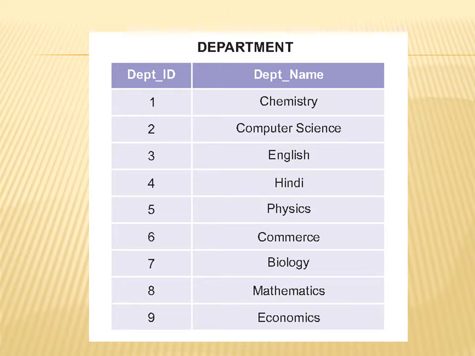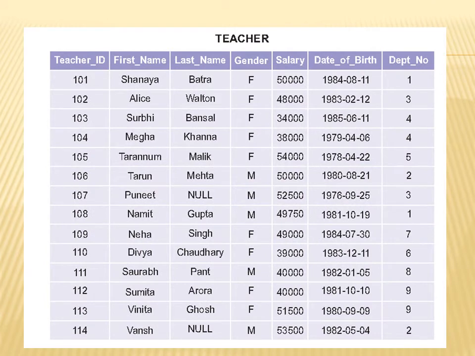I have inserted some values into the department table that consisted of two attributes, department ID and department name. Also the second table is the teacher table. I have inserted these many values inside the teacher table also. These two tables come under the database named school. So these two tables are there that we will be using in our select command to fetch the values. Now let us see how to do it. Now let us see some queries.